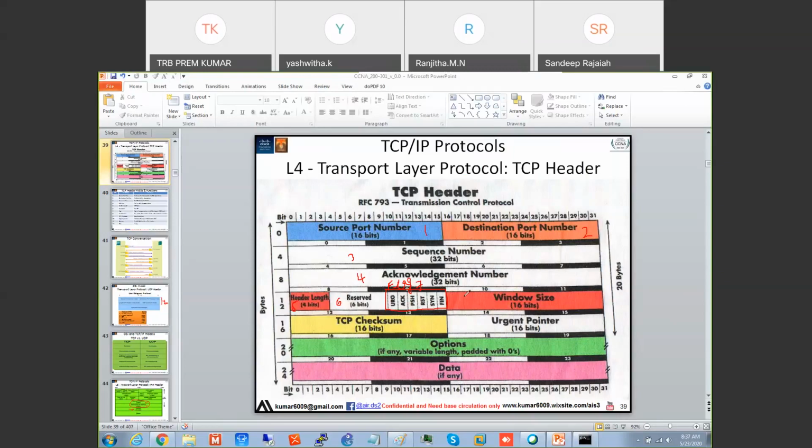Then 8th field is window size, 9th field is checksum, 10th field is urgent pointer, 11th field option, 12th field data. So 12 fields we are going to add with the L4 header. Our L4 header is now TCP, which we are going to study. In the TCP we are adding 12 pieces of information with the data.